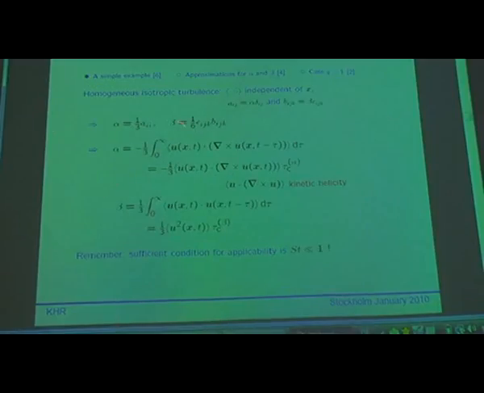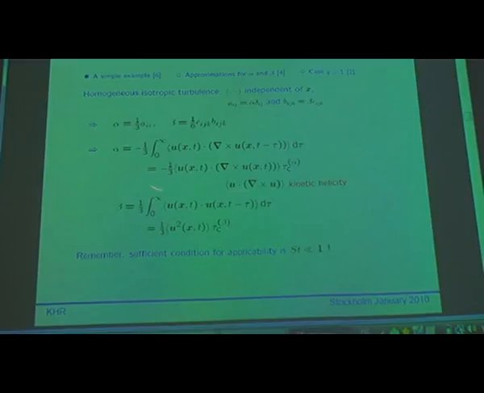So consider now again homogeneous isotropic turbulence. That means we have these relations, alpha ij is proportional to the Kronecker tensor, and so on. We can derive from them that alpha is equal to one third the trace of Aij, and beta follows from this relation, and then we can calculate alpha and beta, and we obtain this result. Alpha is minus one third of an integral, and here is u and the curl of u, this at the time t and this at the time t minus tau, integrated over tau.